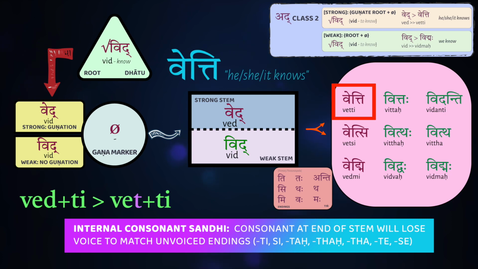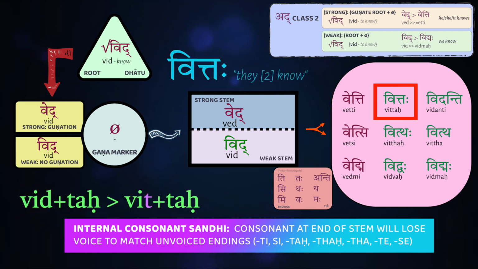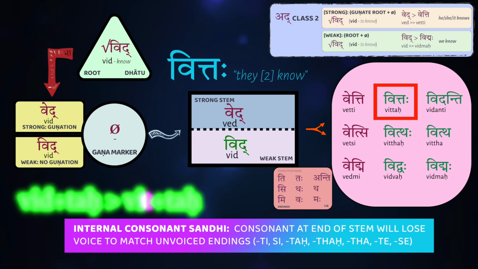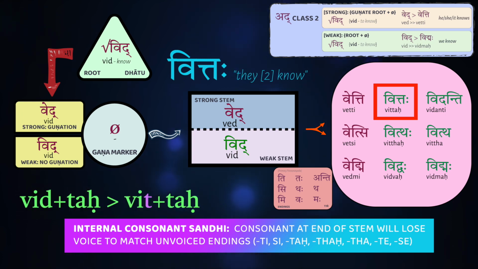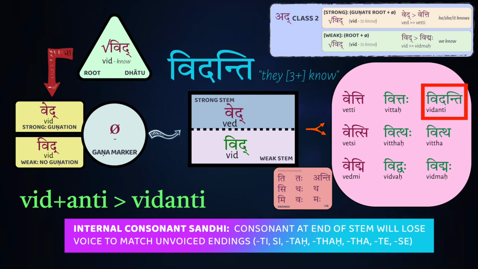You get sa veti, he knows. Notice that here the dakara that it ends with has had to lose the voicing to match the unvoiced takara in your ending ti. Right? The same thing happens with the third person dual, but now we're using the weak stem vid instead of the strong stem ved. So we get vittaha, the 2 of them know. 3 or more know is going to become vidanti. Now the voicing of that dakara gets retained, right, because of the vowel,